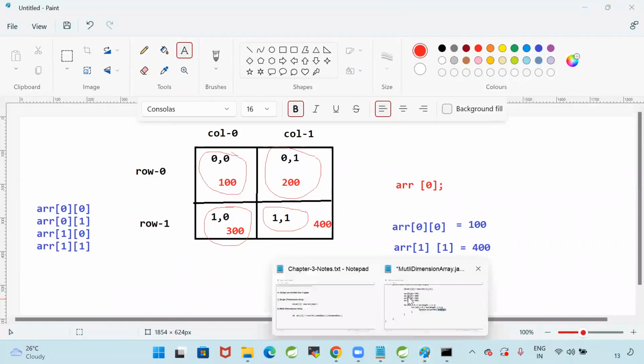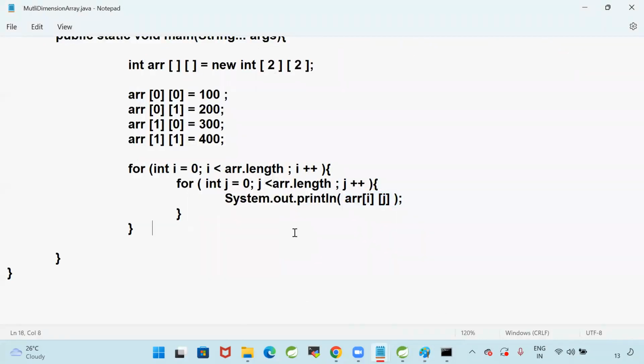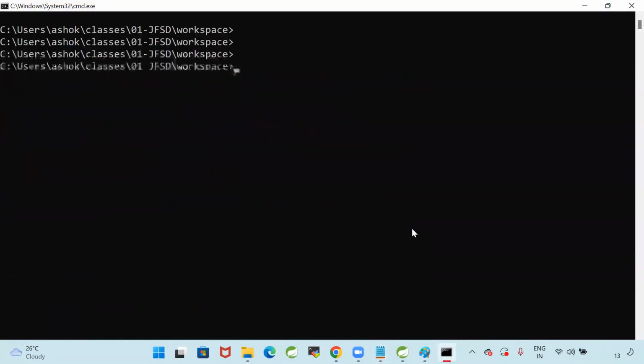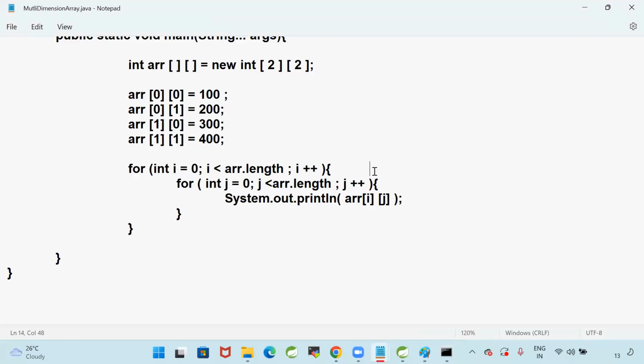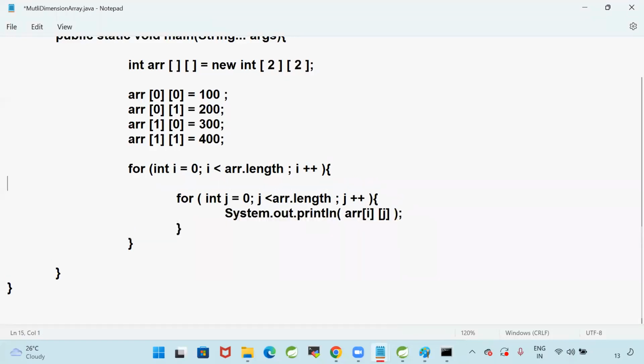So you cannot retrieve all the elements of a multi-dimensional array with one loop. Definitely you need to go for a nested loop only. Perfect. Save this program. javac, that class name, then java class. Am I able to get all the elements of the multi-dimensional array? Yes, we are able to access all the elements of a multi-dimensional array by using